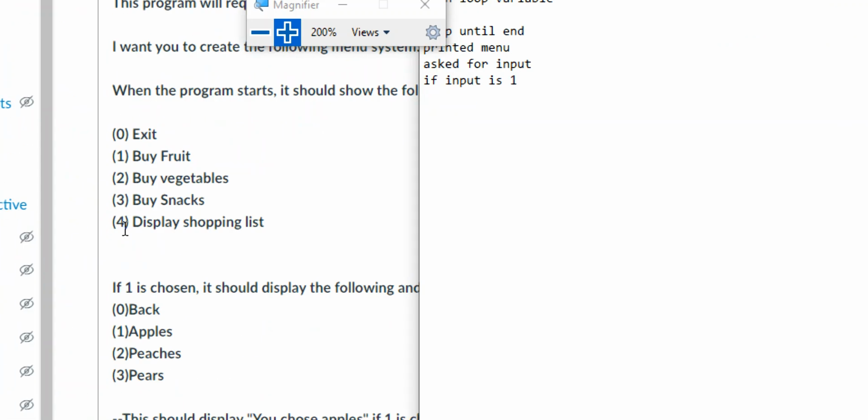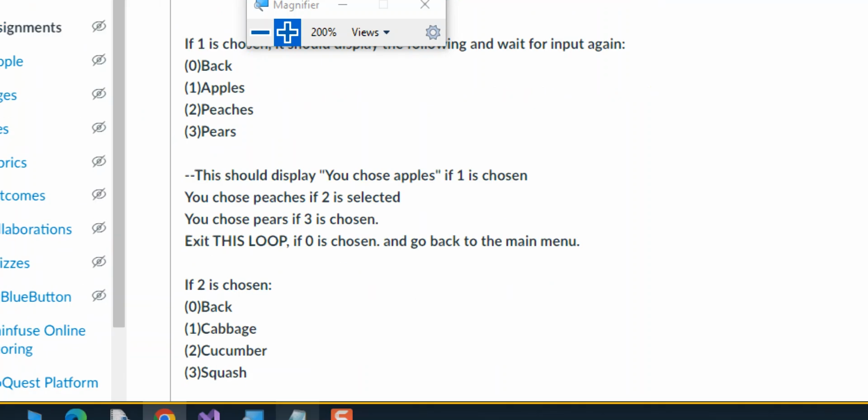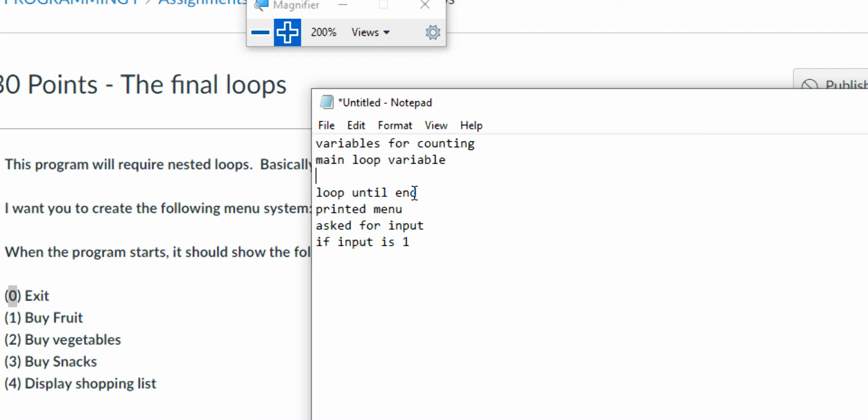We're going to loop until, I believe, 0 is what I called out for exit in this case. So loop until that is 0. Right. Now, I'd print the menu, I'd ask for user input, and that input's going to be that main loop variable. If the input is 1, guess what we're going to do? Subloop variable, since all our counting is going to be done up there. We're going to loop until the subloop is 0. We're going to print a menu, ask for input,